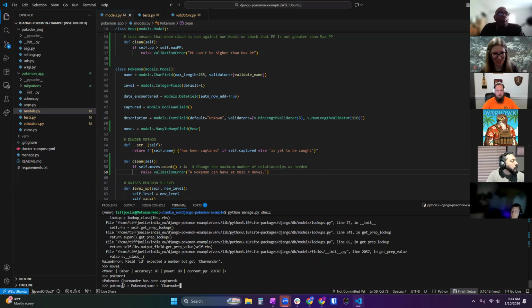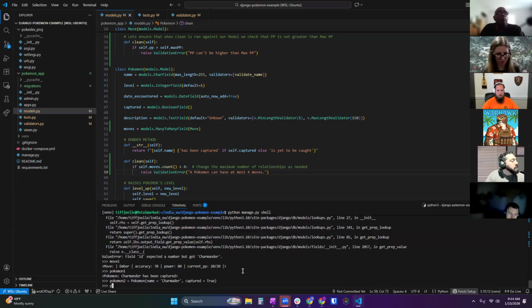We're going to do this here so we can learn the structure for all this, which is going to help you when you write views for these models. So learning the syntax of this right now is important, especially how to get the objects that we have created. So it's going to be name equals Charmander. I almost did the same thing. And then we will save Pokemon 2.